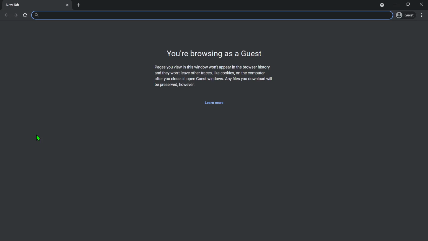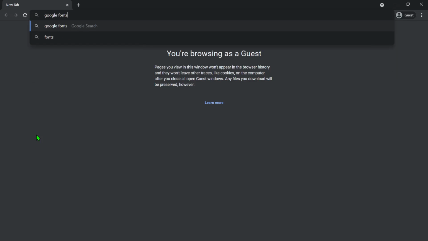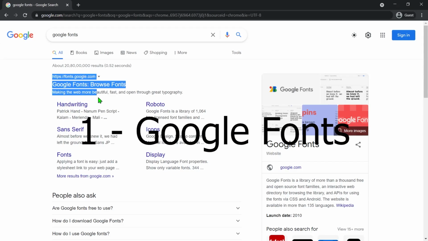So now we are moving to number 1, and this website can make your web page look many times more beautiful. The website you might be knowing, it is Google Fonts.